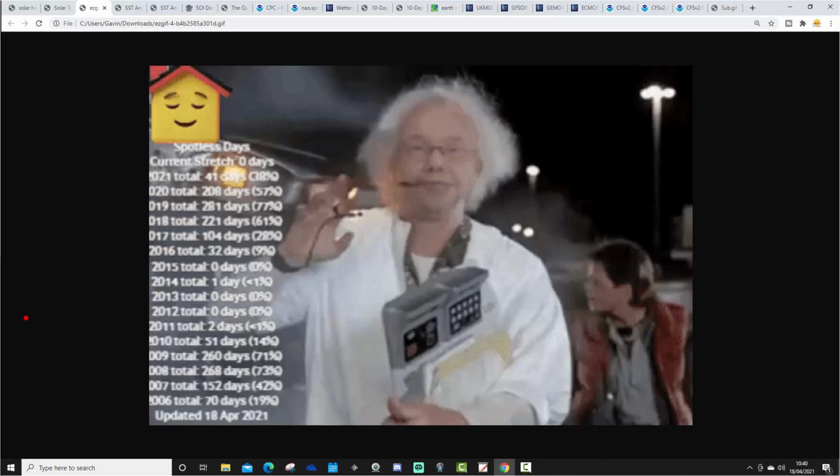This is showing spotless days and the current spotless stretch. For the current spotless stretch, it's 0 because we had sunspots yesterday, of course. For 2021 so far, we have had 41 days without sunspots, which I think is 38% of the year. Compare that to 2020, which had 208 days without sunspots, that's 57% of the year. And our solar minimum year was 2019, which had 281 days without sunspots, that was 77% of the year. So that percentage is slowly coming down now, but it's still quite a highish percentage, really, given that we are well into the second year of solar